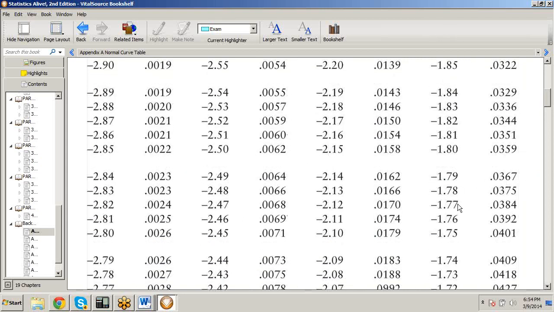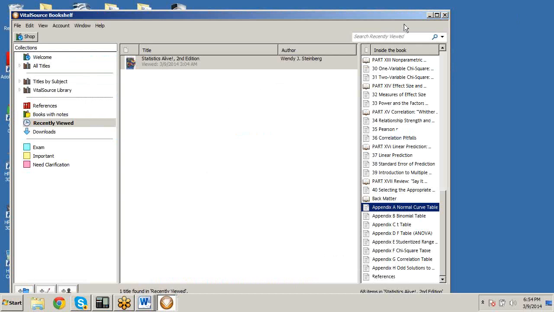Find the p-value that is closer to 0.1, which represents 10%, and then pick the z-value here. Once you have that z-value, what you need to do, you need to go into